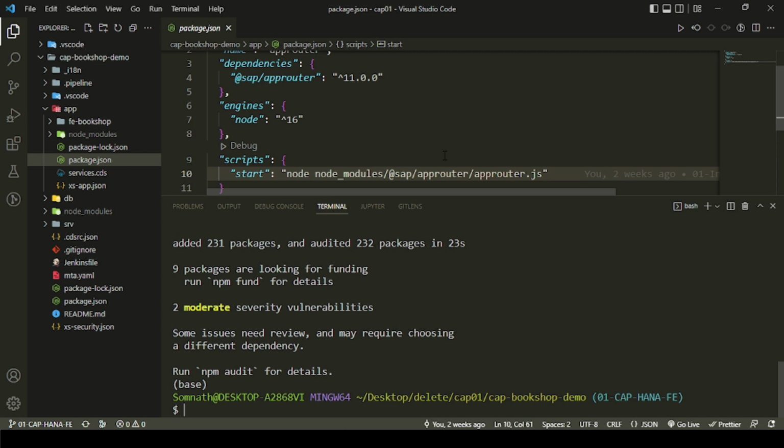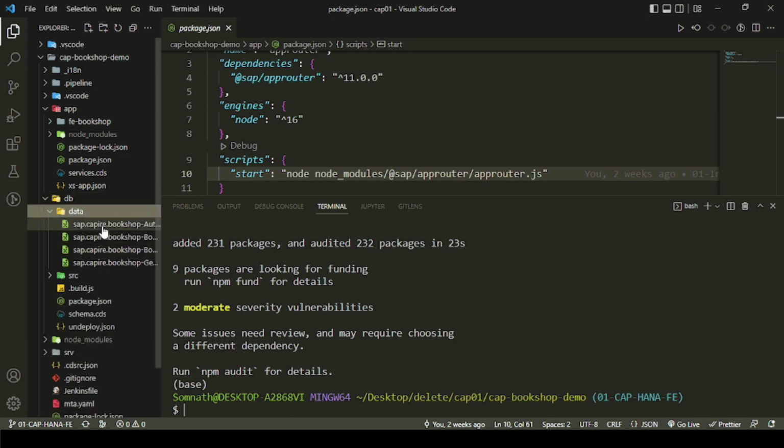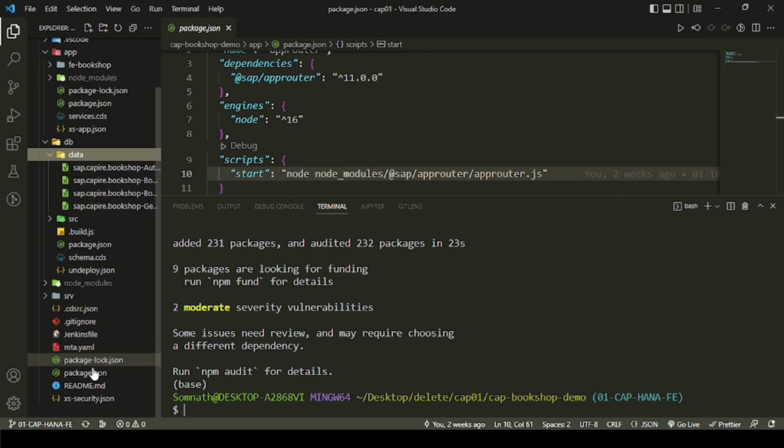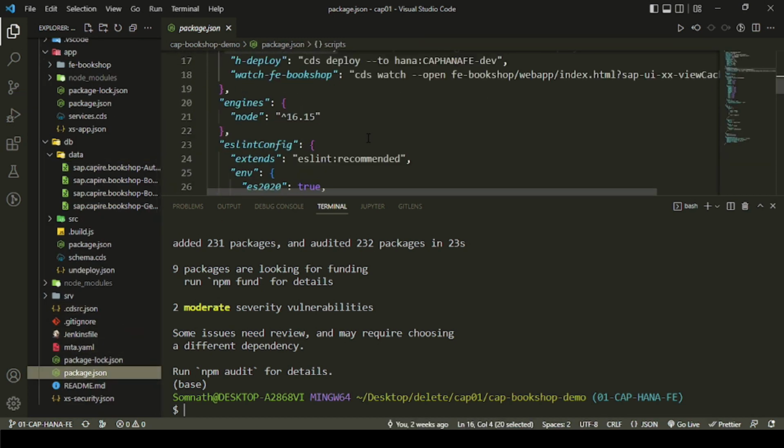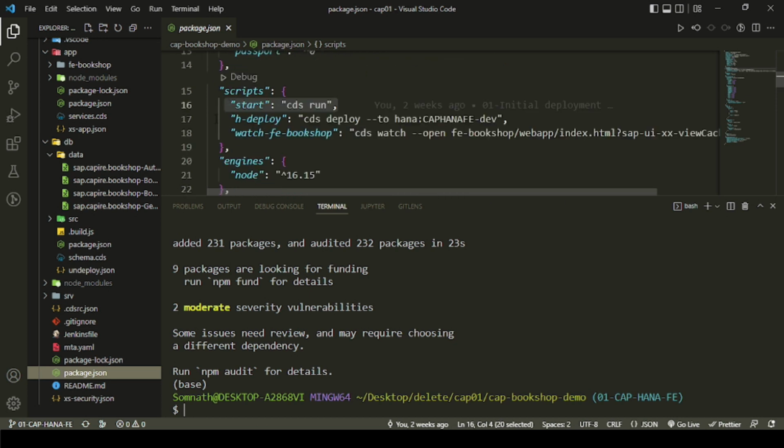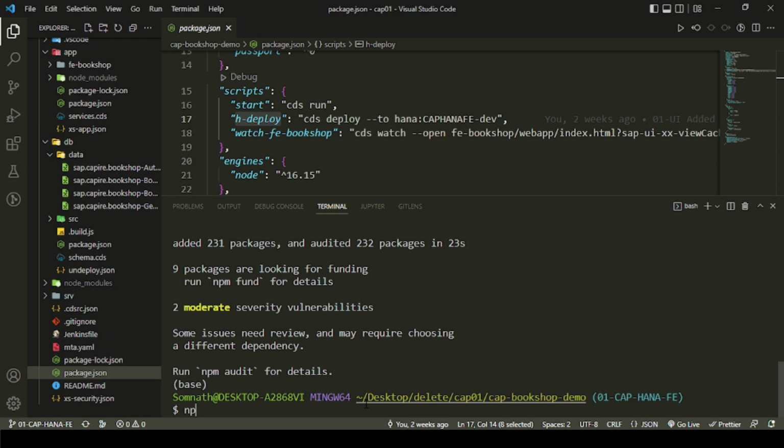Now let's create the CDS private JSON file which is missing, and for that we need to deploy the database artifacts once again, which are over here, the data and the corresponding schema.cds. For that you need to run this command, which is already available as a script command called hdeploy. So run this command npm run